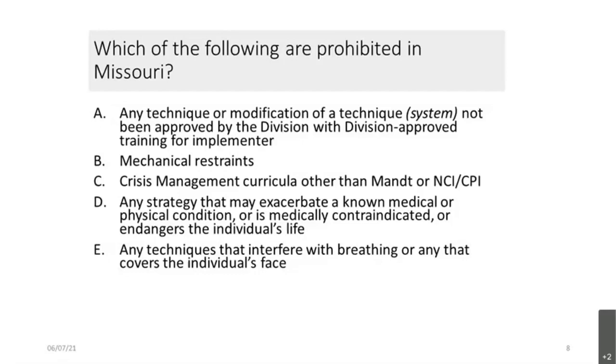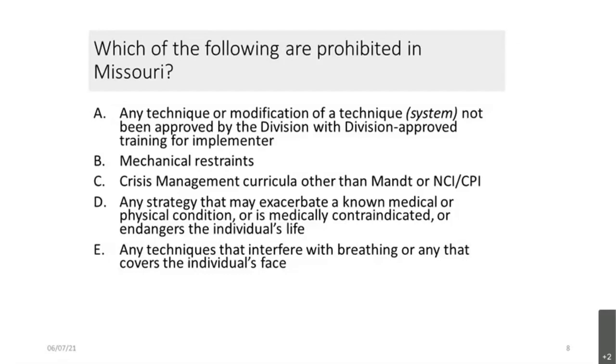So the first one is prohibited because anytime you're doing a modification to a system that's not been approved by the division, you're not using division approved training, then that is prohibited. Mechanical restraints are always prohibited. So it's definitely B. Now C,